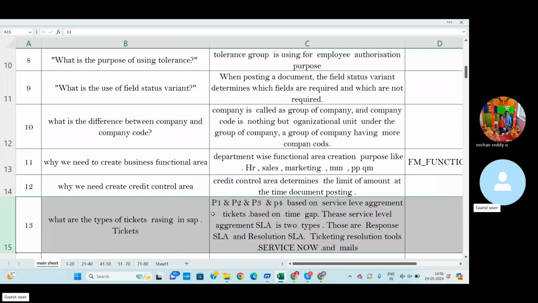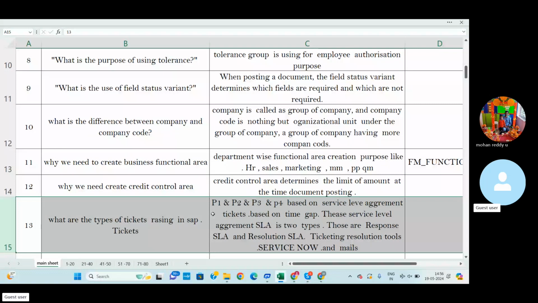SLA is nothing but service level agreement. At the time of the service level agreement, both client and company finalize and agree on it. P1, P2 and P3 are based on time and time gap.